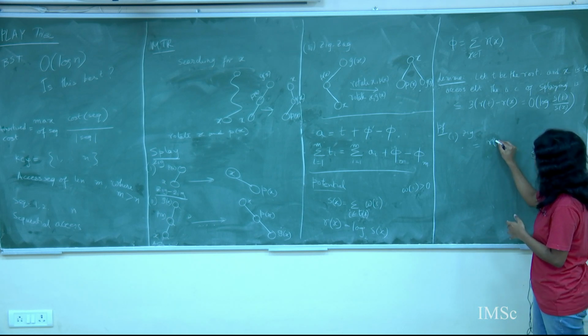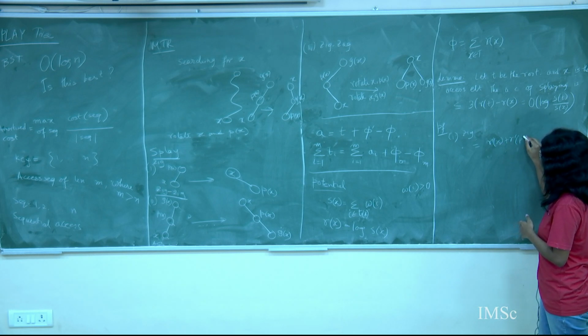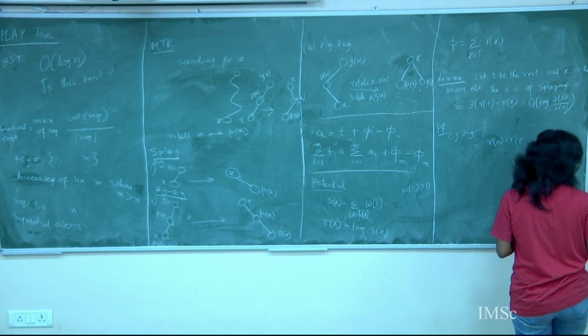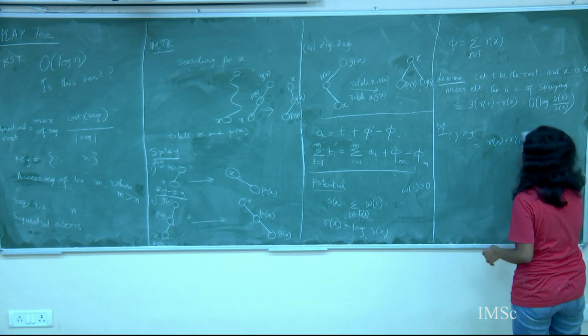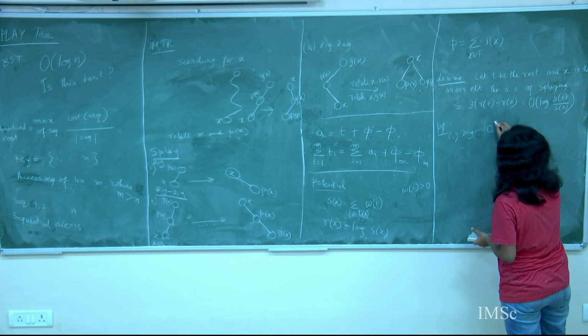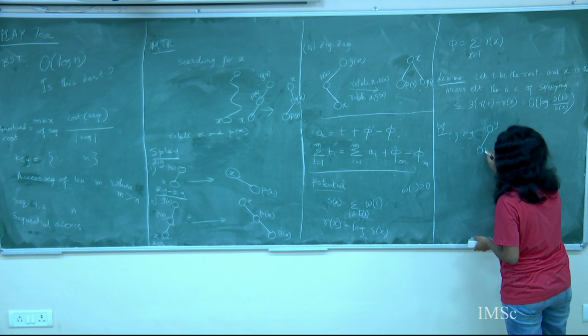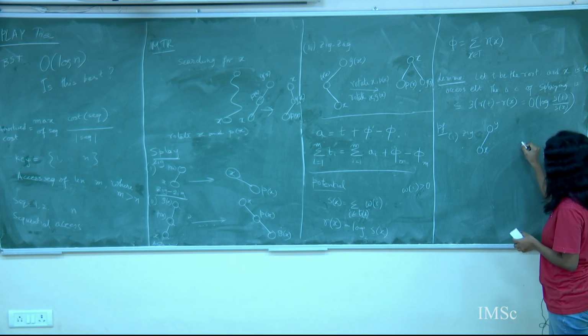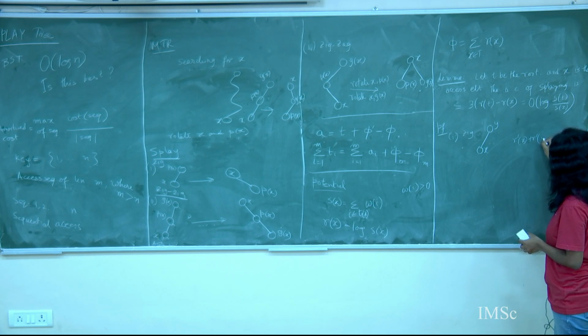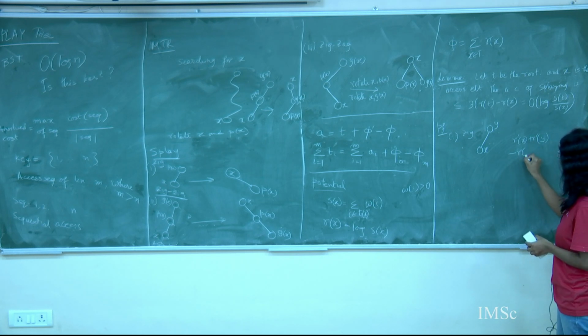So it will be r prime of x plus r prime of p of x, or let me just call it y, instead of writing p of x again. So the cost will be r prime of x plus r prime of y minus r of x